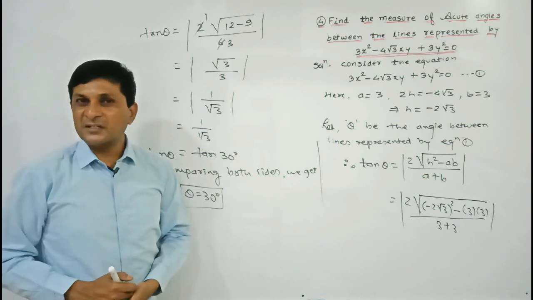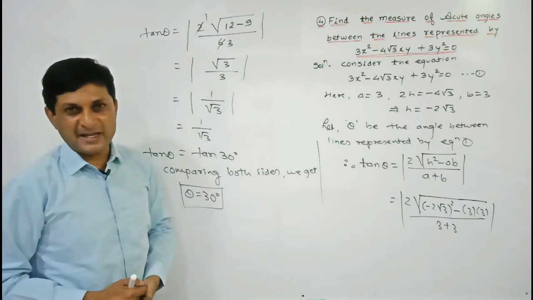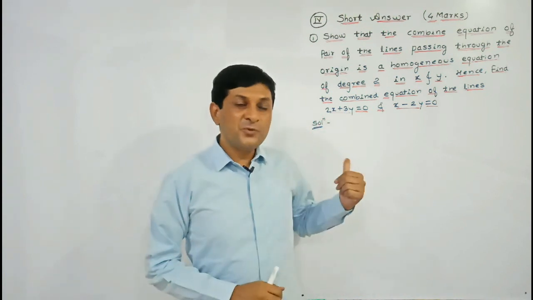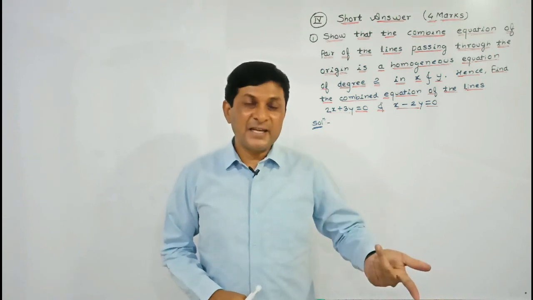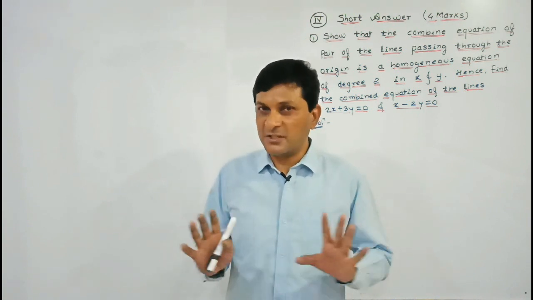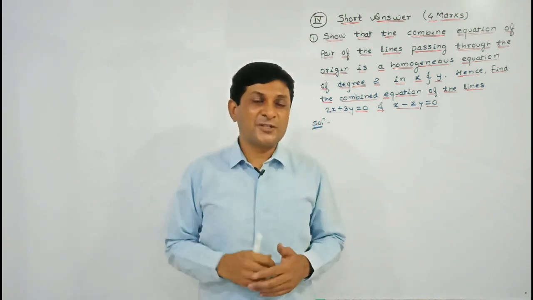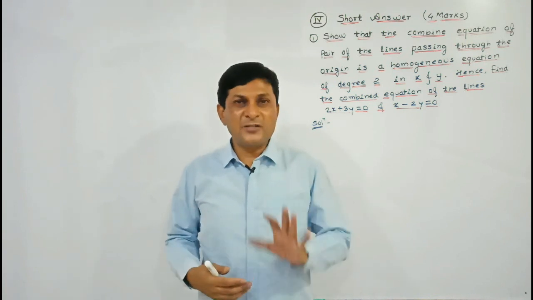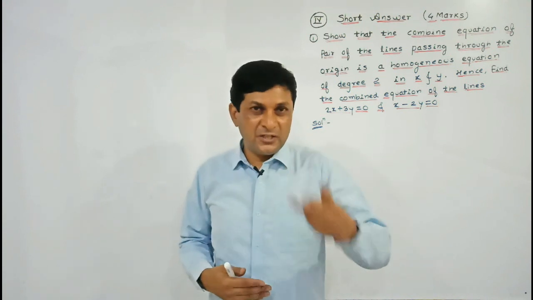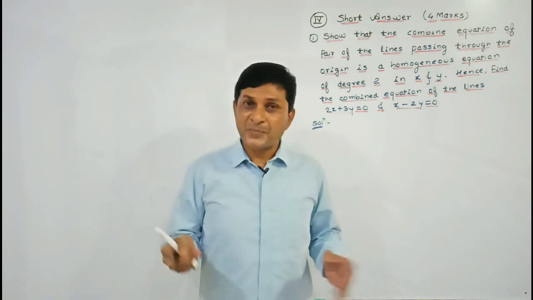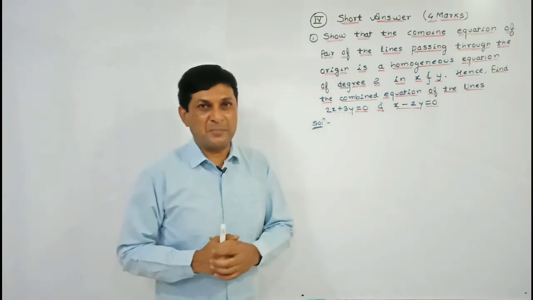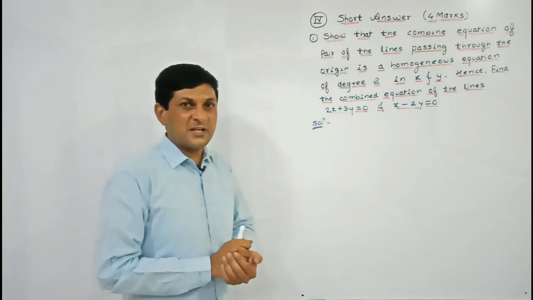Now let us begin with the last and fourth part of this question bank. In the pair of straight lines, total 3 theorems are there. So here we are going to prove the first theorem. In the second example we are going to prove the second theorem, and in the third example the third theorem. If you observe the previous question papers, you will come to know that there is always one theorem asked on pair of straight lines. Whatever the 3 theorems we are now discussing are very important. One theorem from these 3 is always in the exam if you go through the previous question papers. So we are now discussing the very important theorems from this chapter.